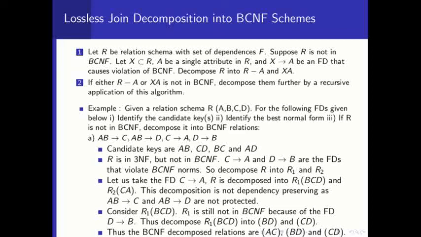You can decompose anyway, but here the rule is: let X determines A be an FD which causes violation. Then you remove the attribute A, the right hand side of the FD which causes violation, from the original set of attributes and form a new relation with X as well as A. These two, the removed one plus the newly formed one, are the decomposition. Check whether the newly formed relations belong to BCNF or not. If not, apply this algorithm again. Just check this example, then it will be more clear.